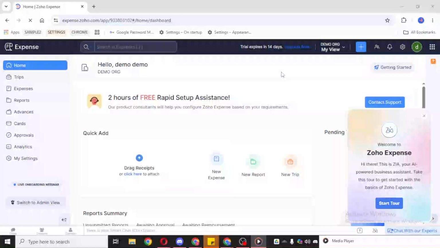In today's video, I'm going to teach you how to use Zoho Expense. If you're new to the platform, Zoho Expense is a tool designed to help you organize business travel, track spending, and prepare expense reports in one place. It's especially useful if you want a clearer way to manage company expenses and keep your records well documented.